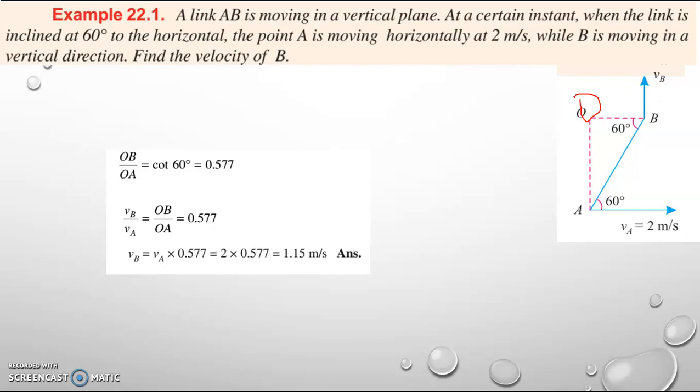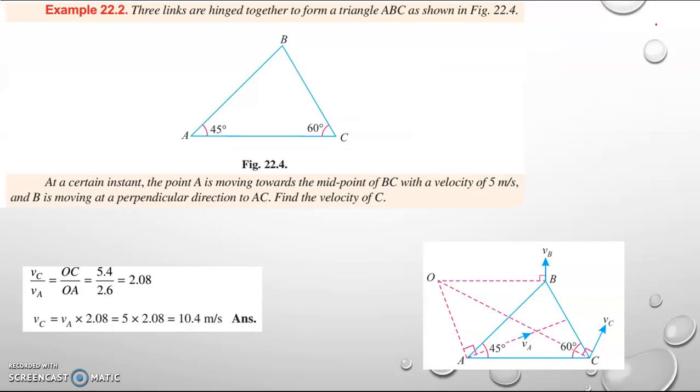So simple. So how to locate the instantaneous center? If you know the direction of the velocity, the perpendicular from that point will give the instantaneous line to the instantaneous center. From point A we will be drawing a line, and from point B again we will be drawing a line, and these two lines will meet to form the instantaneous center of the given body. Okay. We will draw one more problem that will give us a clear idea about that.